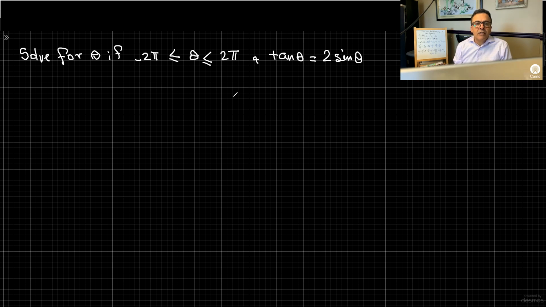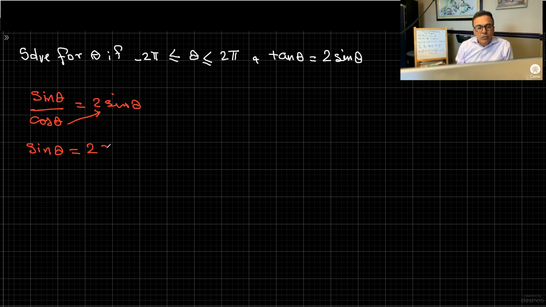So to be able to solve this, the first thing you need to do is change tan theta to sine theta over cos theta. From your identity sheet, you know that tan theta is sine theta over cos theta. So that's the first thing I'm going to do. So it's going to be sine theta over cos theta equals 2 sine theta. And the next thing I have to do here is just cross multiply the cos theta to 2 sine theta, and then I'll end up with sine theta equals 2 sine theta